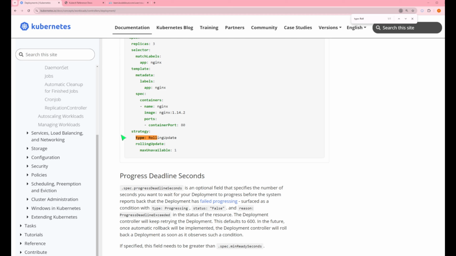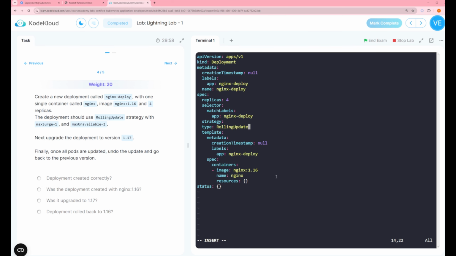I'm just saying that we need to copy this as well. So rolling update, we have to give the indentation. Copy max surge equal to 1, max